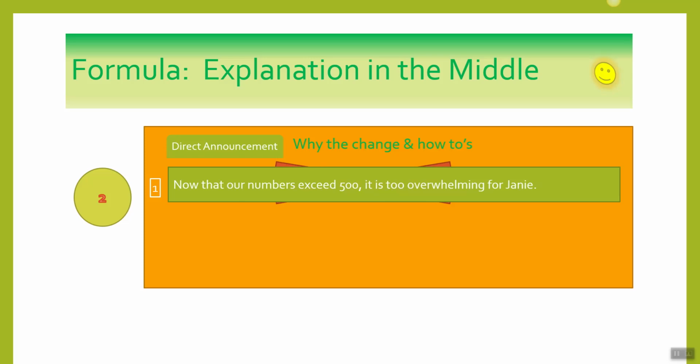So you don't want to use negative words. And this week we're going to revise for negative words. So you're going to get rid of things like too overwhelming. That's very negative. So we're going to change that to because we are growing. Now that's positive. It feels good. It's exciting. It seeps into the subconscious of your reader. And now they feel like things are good and all is well with the world. And they're not as likely to look for things that are wrong. So because we are growing, each department will, not just me, each department will, we're going to do this. We're going to take individual care.